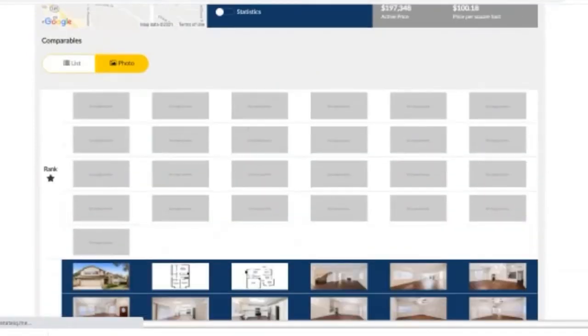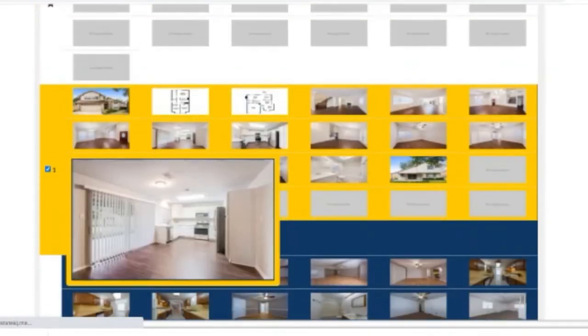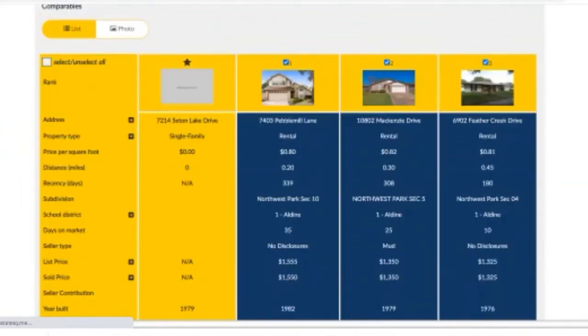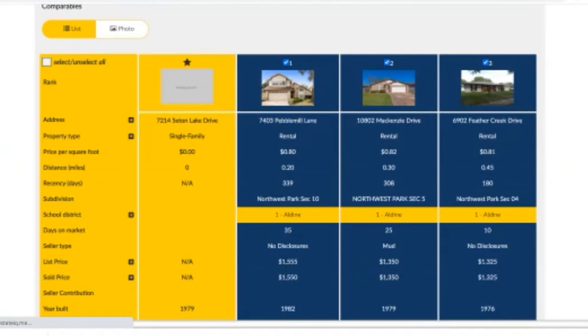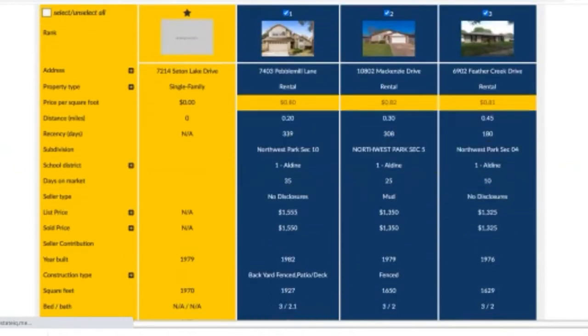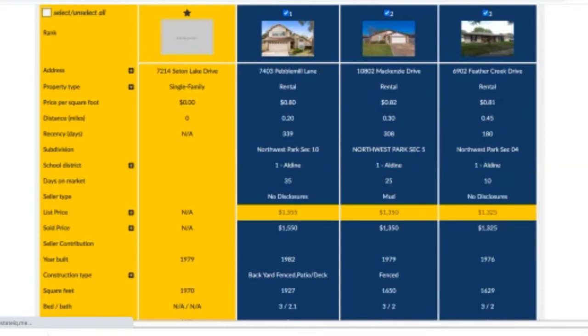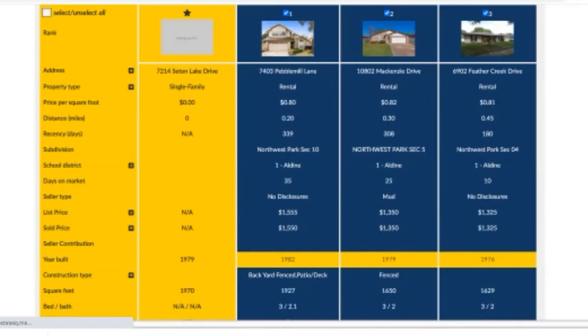the lease comps in the same way. You can look at the pictures of them. That one is brand new and leased out. And you can choose which ones to keep or not keep. Price per square foot of these for leasing was all about the same. $1,500 for that one, $1,300 for that one. This one is the same